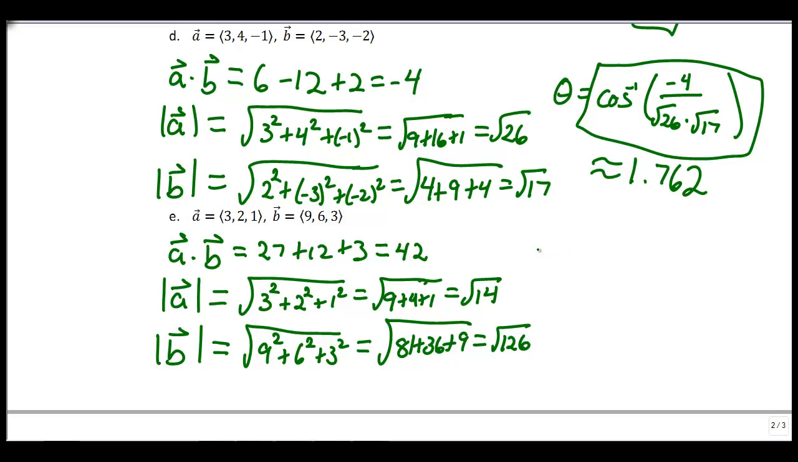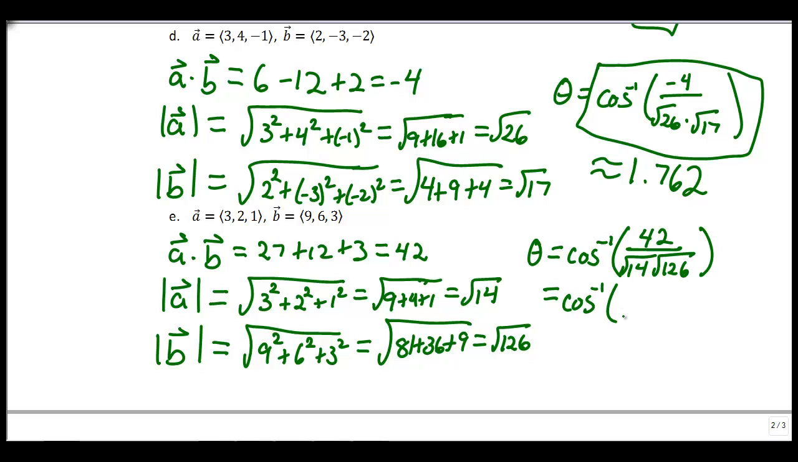Okay, and so what we get is theta is cosine inverse of A dot B, which is 42, over the square root of 14 times the square root of 126 here. Now, this is kind of ugly, and maybe I should worry, can I simplify this? In particular, there's at least a factor of 2 that can come out of the square root, because 14 is even and 126 is even. So what I'm going to do here,